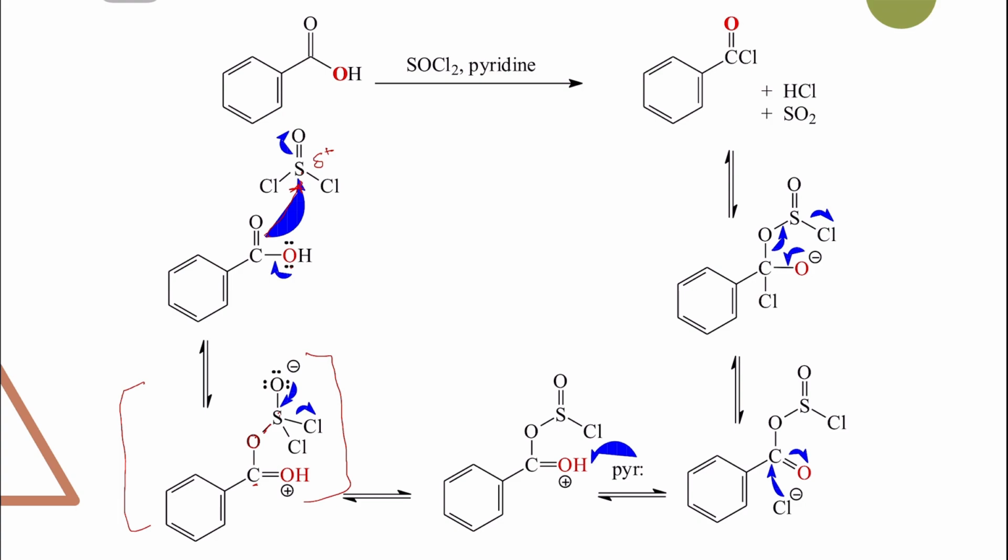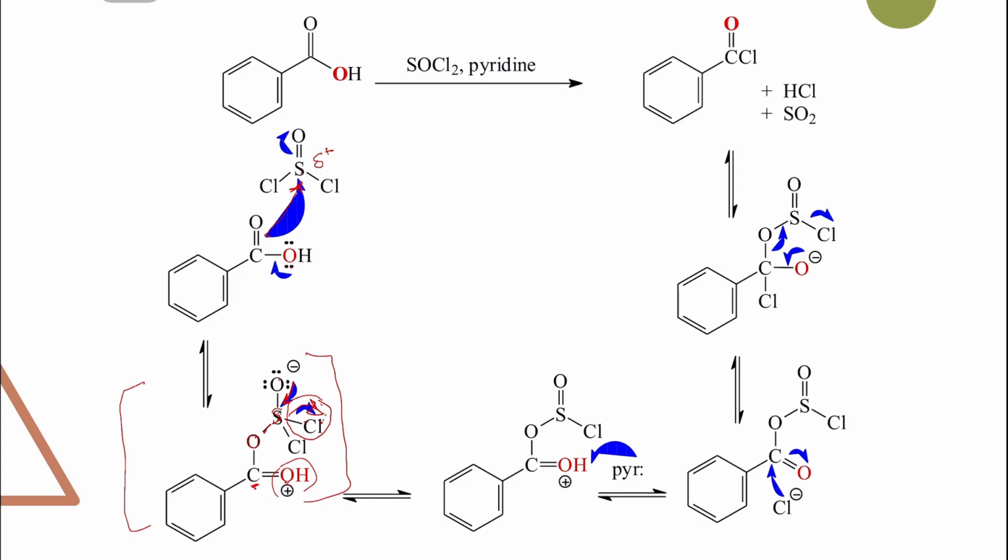The second step now is that the double bond between the sulfur and oxygen is recreated. Oxygen in itself is not a good leaving group, but chloride is a good leaving group. So the second step is that the double bond between the oxygen and sulfur is recreated here, and then one of the chlorides on the thionyl chloride will leave as a leaving group. We still have the double bond here between the carbon and the oxygen of the OH of the carboxylate group